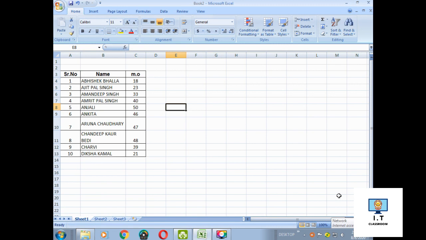Students, Microsoft Excel is a popular spreadsheet software that is used to perform mathematical calculations. It has built-in features and tools like formula, functions, and data analysis, which make working with data easy. Chart is one such feature of Excel that shows data visually. So today we are going to learn about charts in Excel. So let's start.